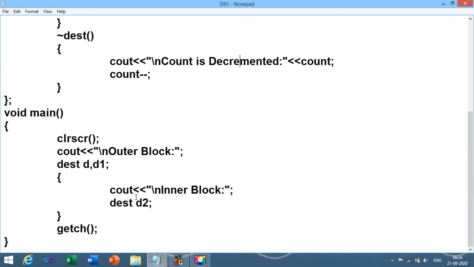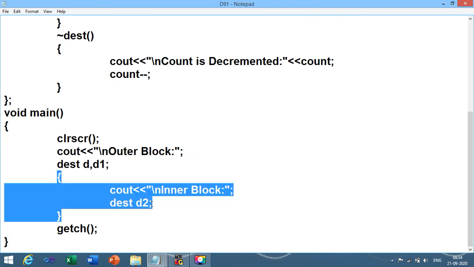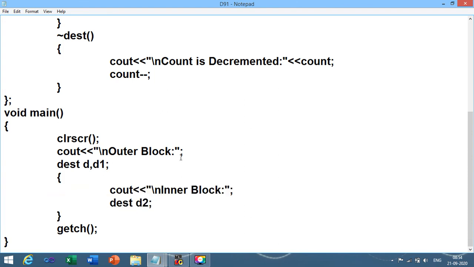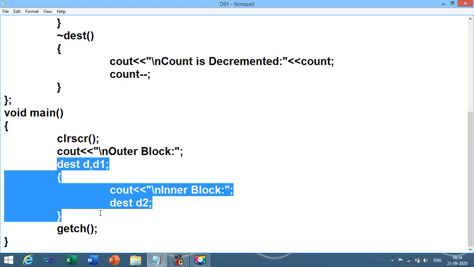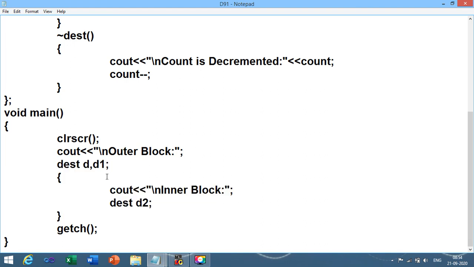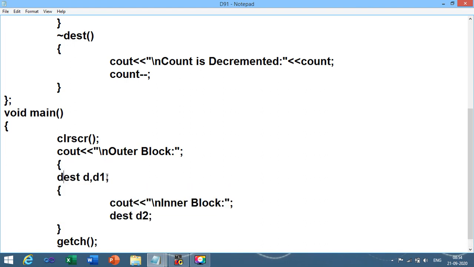Let me scroll down the program. Over here, the life of this D2 object would be up till this block. Similarly, if you want to see the output of the D and D1 objects, in those cases you can apply the brackets to see the output of these two objects' destructor also.